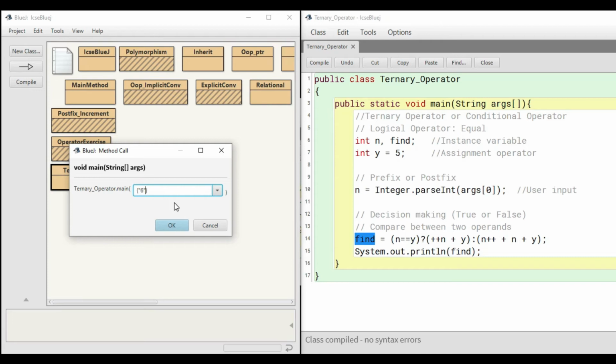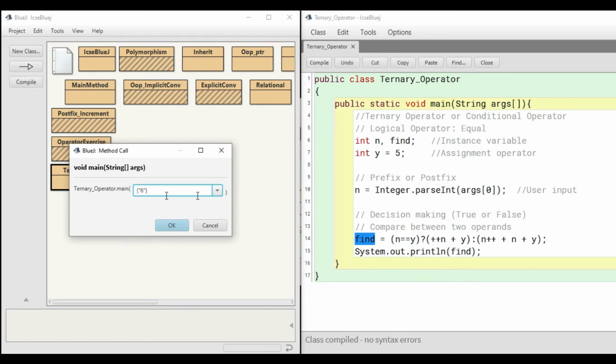You remember, whenever we take input with the help of string args, since it's a string type, it should be wrapped within the curly braces within the quotation. Do remember this thing. That's how I have been showing all my programs, before I move to the chapter where I will be taking input from the user in a different format. So the value which the user has given is 6.